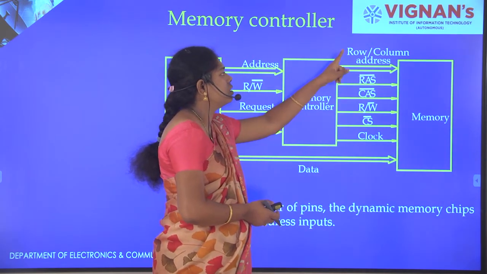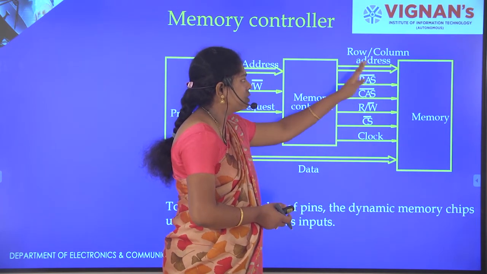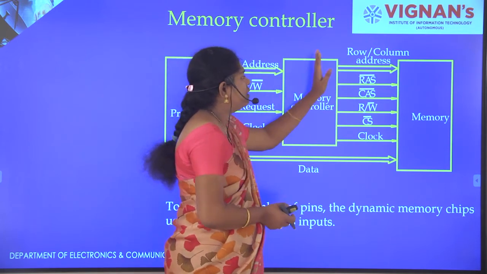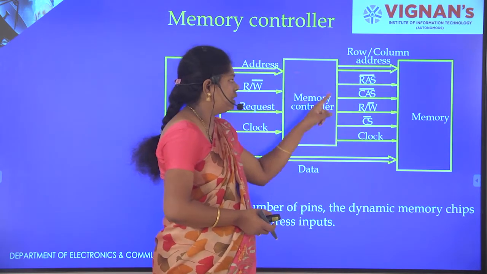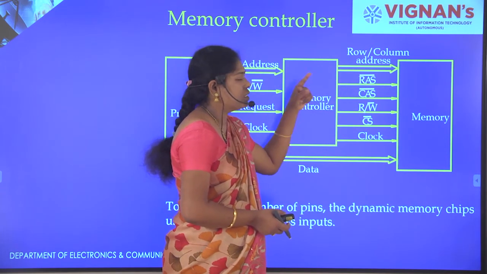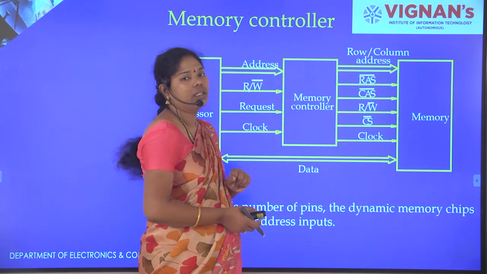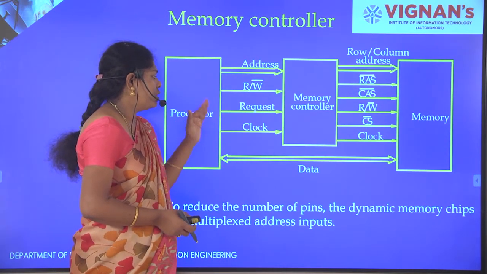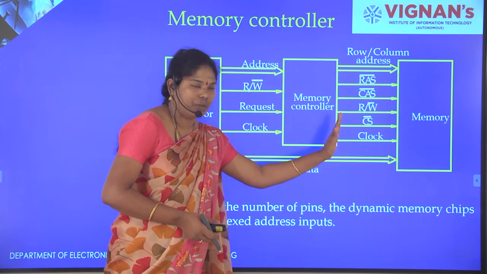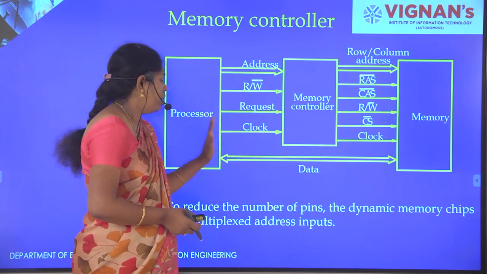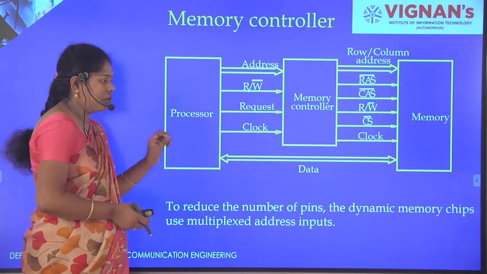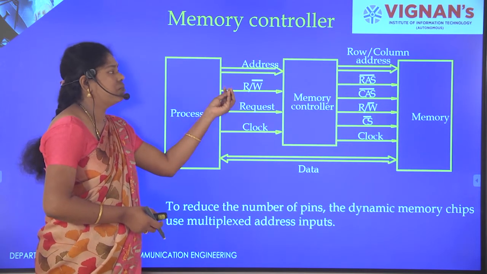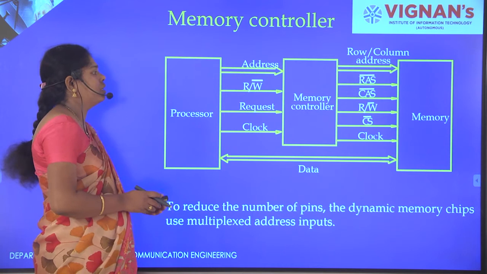Next, the memory controller will do all these. It will multiplex the row and column address and demultiplex the corresponding addresses. It will take the address from the processor, demultiplex it as a row address and column address, and generate the row address strobe and column address strobe to select the particular operation. Read and write require a clock, and all those are connected to the memory through the memory controller. The basic important thing here is that we are reducing the number of connections by using the memory controller.